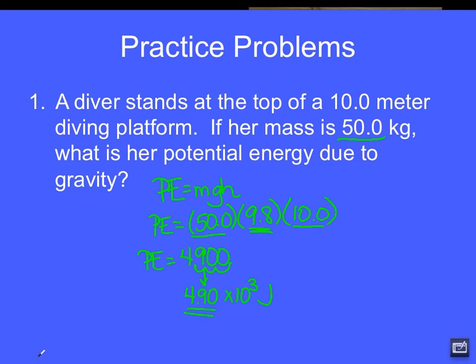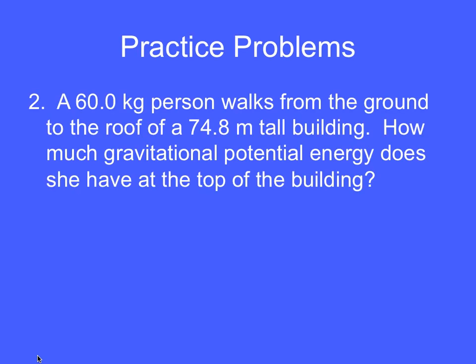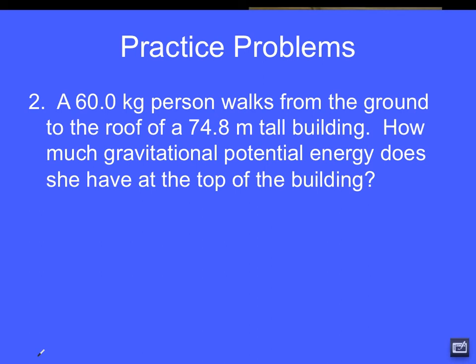Let's take a look at the second one. A 60 kilogram person walks from the ground to the roof of a 74.8 meter tall building. How much gravitational potential energy does she have at the top of the building? So her mass is 60 kilograms, G still the same value, 9.8, and the height that she has moved is 74.8 meters. So when I multiply this out on my calculator, I get